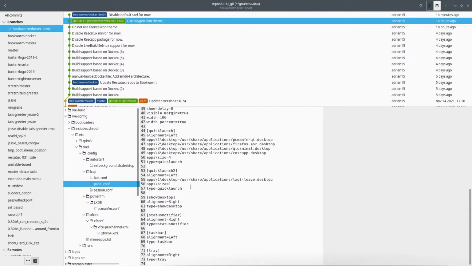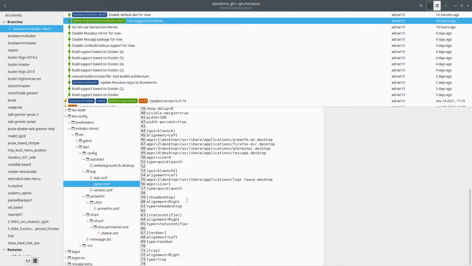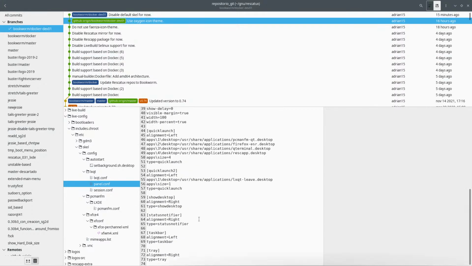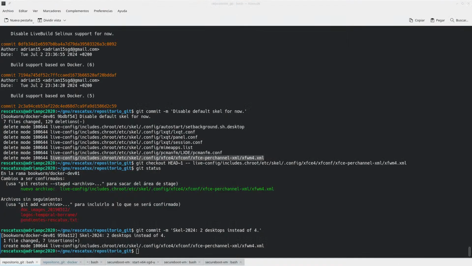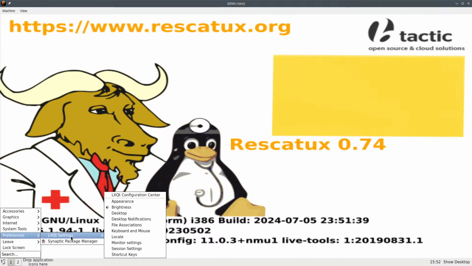Here you have the quick launch stuff. So the quick launch stuff, as far as I understand, this is still working, and we already have all of this stuff. The problem is that some of this stuff is not working. So now let's focus on the panel, and let's see what we want to have on the panel. So yeah, show desktop. So maybe my concern is that we want